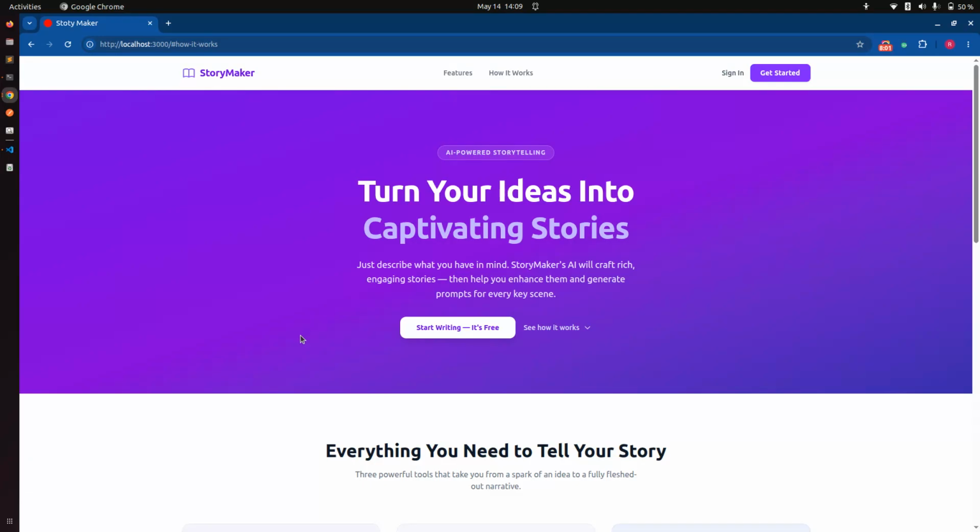Now in the next lecture, we will start building the features slowly. First we will add Devise authentication for users, and we will ask Claude to do everything, and we will ask Claude to customize the Devise authentication pages using Tailwind CSS. Okay, so follow this